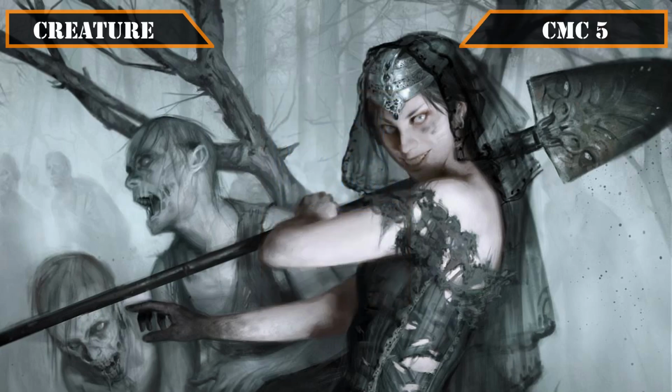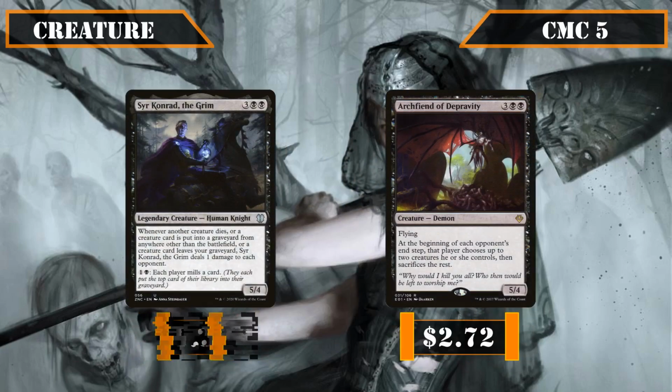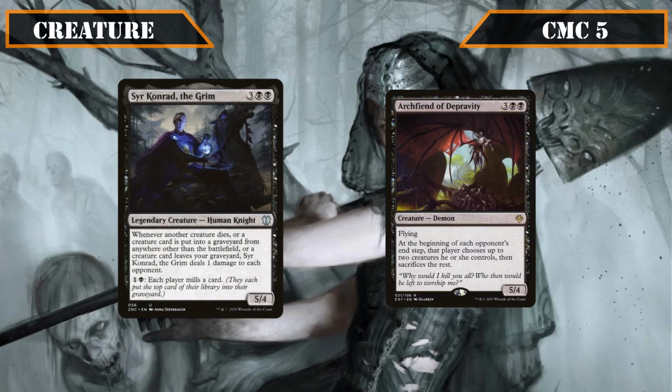Entering the CMC5 slot, we have a pair of entrants joining us with Sir Conrad the Grim and Archfiend of Depravity. Sir Conrad the Grim is a 5/4 that, whenever another creature dies, goes to the grave from anywhere or leaves the grave, deals 1 damage to each opponent, in addition to letting us pay 1 black to mill everyone for 1, making him a pretty beefy body with another death-based damage effect for us to take advantage of,